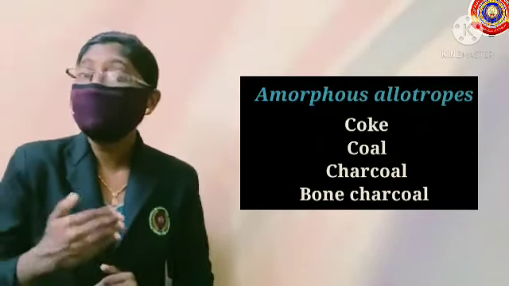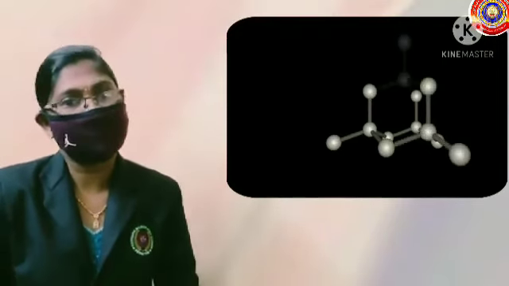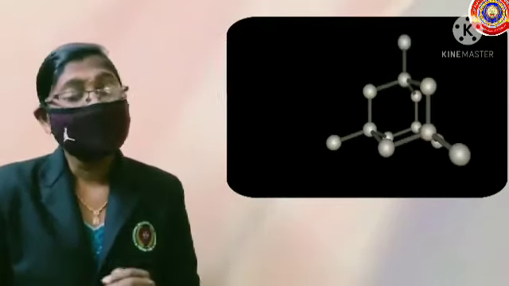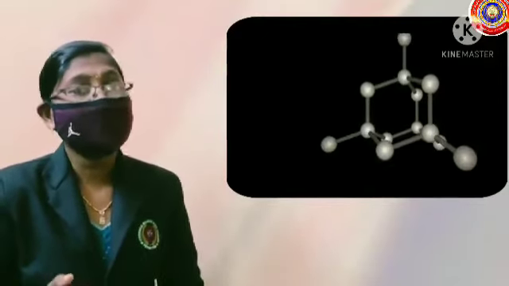And what other things did we learn? Yes, about the structure of diamond. In diamond, each carbon atom is surrounded by 4 other carbon atoms, and the strong bond between the carbon atoms is responsible for the hardness of diamond. That is why diamond is used for cutting glasses. Don't you remember? Then what other characteristics did we learn?